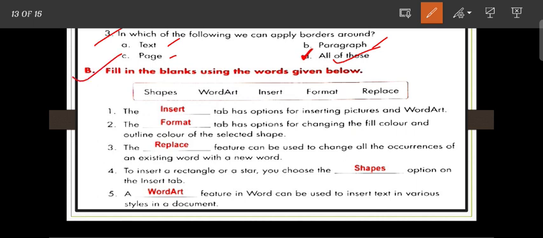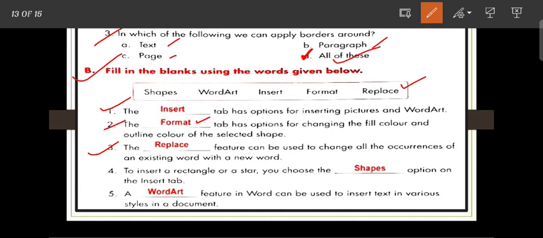Next is part B, fill in the blanks using the given words below. These are the words. So first: the Insert tab has the option for inserting pictures and WordArt. Next, number 2: the Format tab has the option for changing the fill color and outline color of the selected shape. Next: the Replace feature can be used to change all the occurrences of an existing word with a new word.